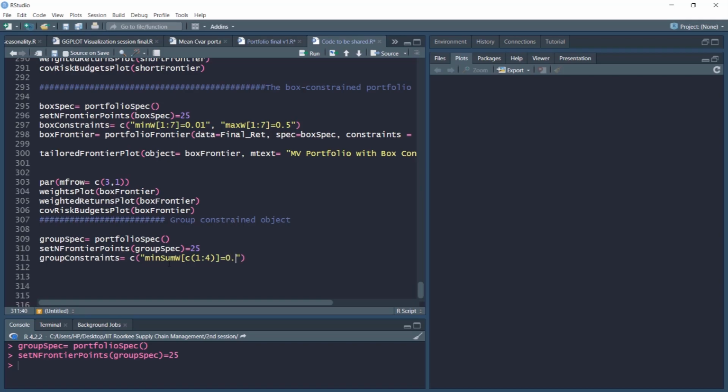Let's say maybe 0.05. So sum should not be less than 0.05. Minimum sum of assets 1 to 4, that means 1, 2, 3, 4. And let me also put a group constraint of max sum W, maximum weight, maximum sum. I'm restricting for asset, let's say 4 to 7